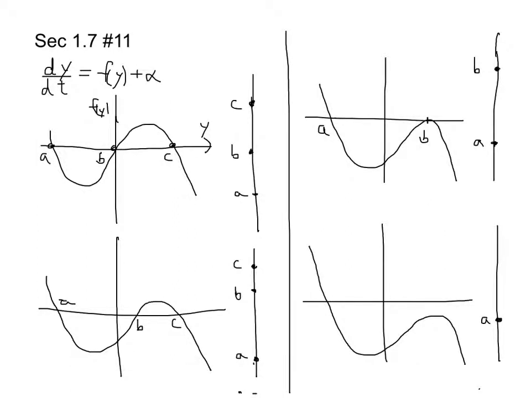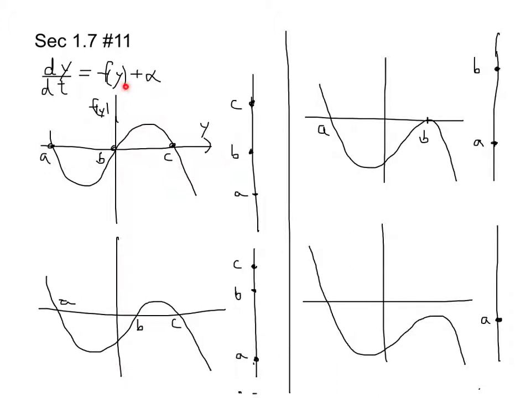This is problem question number 11, section 1.7. The question is asking you to describe the bifurcations in a one-parameter family. So we have some function on the right-hand side, an expression that includes just one parameter. And the role of this parameter, as it's added on to this function f of y, will simply be to